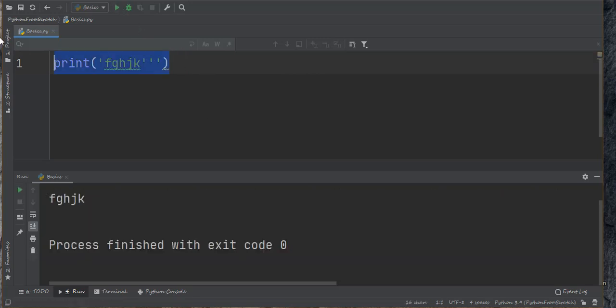Okay, so that was all about the strings. I'm definitely going to make a separate video about strings. That was not all about the strings, but the basic data types. So anything written between single quotes or double quotes or triple quotes is considered a string. It will be discussed definitely in detail, but later on in the video itself.